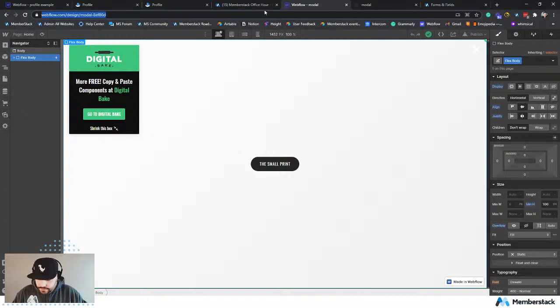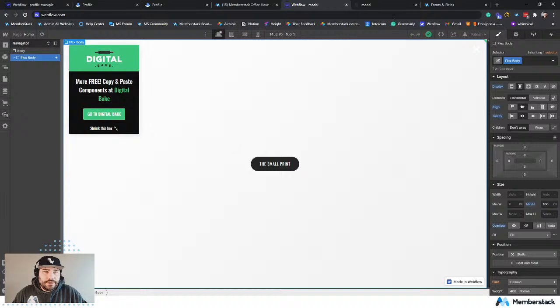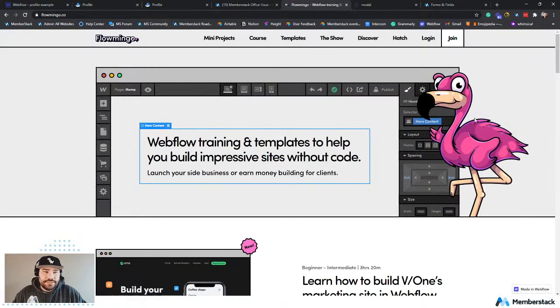Let's go to Webflow. No, if I go to Webflow, it's going to automatically log me in and use that. Let's do, yes, let's go to Mackenzie's Child's Flamingo. And let's just use,